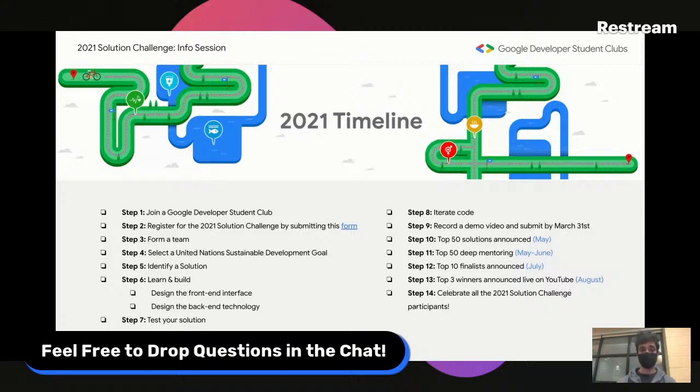Basically, talk to your community, figure out what the problem is, what a good way to approach it is, and so on and so forth. That's basically what steps 6 through 8 are. Step 9 is you record a video of your solution, what it does, and upload it. That's by March 31st. But as Abdullah said before, and as Danny always says, submit it a day before the due date. So ideally, target March 30th, not March 31st, just in case there's issues with the submission process. March 30th is when you're expected to submit your demo.